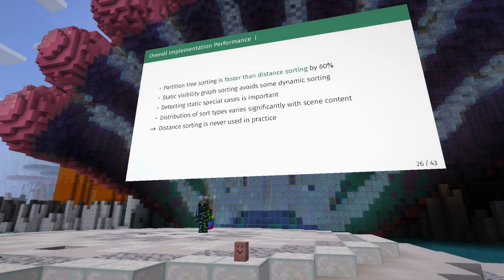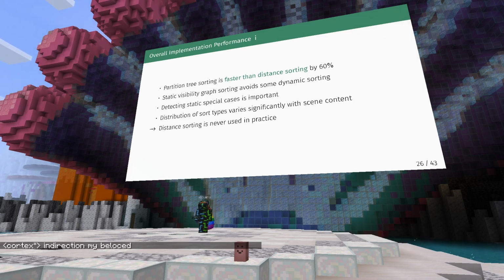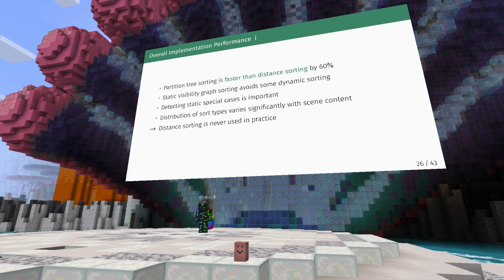Even though it is Java objects. And we know Java objects, if you have a lot of them and you jump around between them, are not that amazing for performance, but it is faster. A lot of them are just arrays of indices, so that helps. Yes, indirection. The static graph sorting avoids some of the dynamic sorting, so those we just never need to resort. And as I was mentioning before, the distribution of sort types varies significantly between the various contents